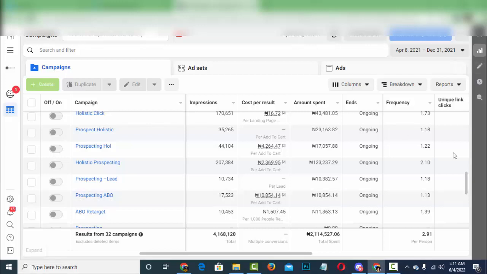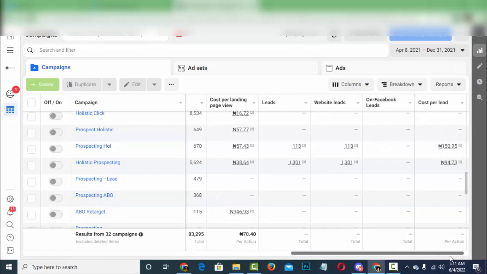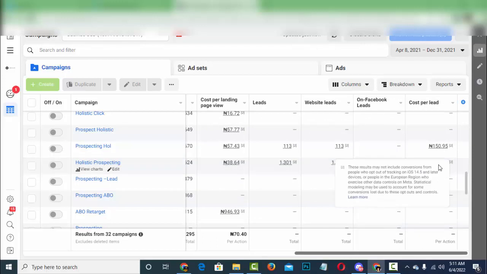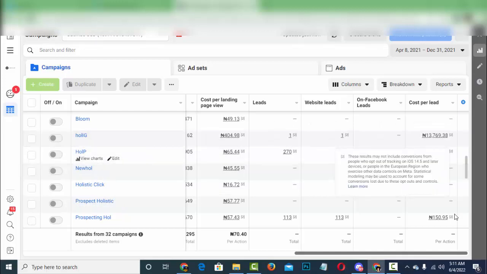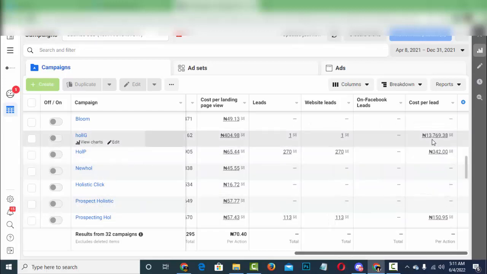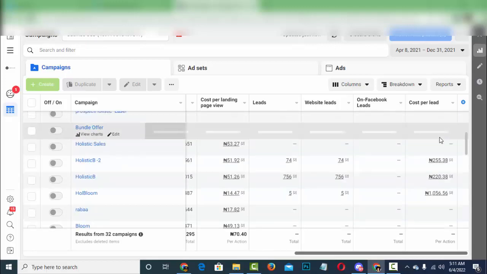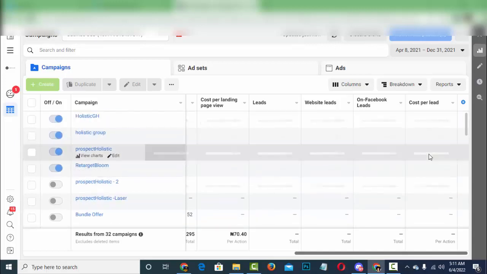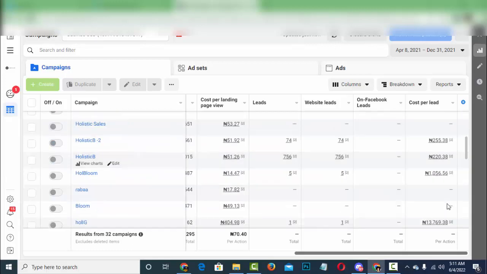Now, how much were we spending on average per lead? I'm going to show you guys. You can see this is 97, this is 150, 300 something naira per lead. Look at this one, where we spent about 13,000 for a lead. Look at this, 1,000, 2,000, 200 and something. So averagely, a lead was costing us around 200 or something,